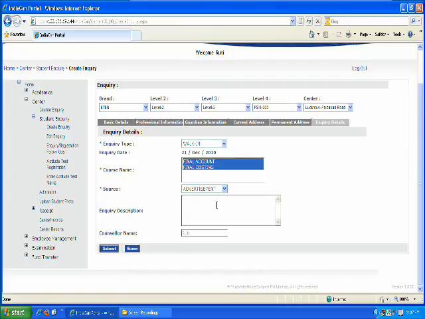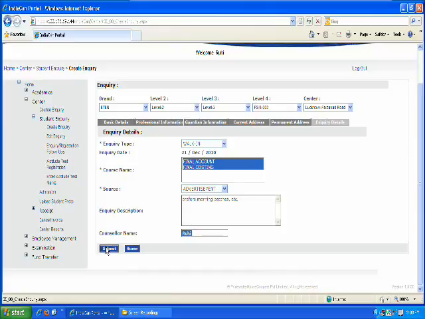Inquiry description is a field where you can write your comments or any other additional information, like I'll mention, student prefers morning batches and so on. Then your counselor name gets displayed.